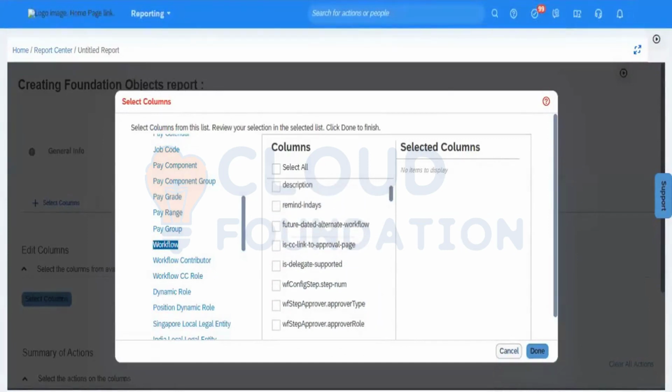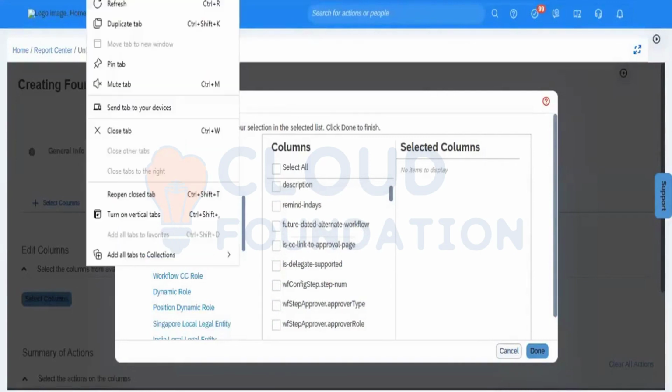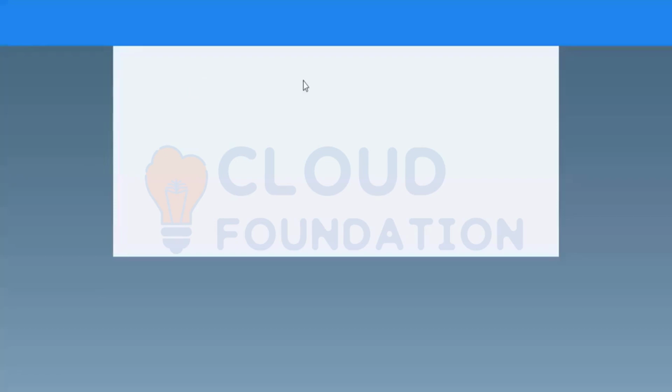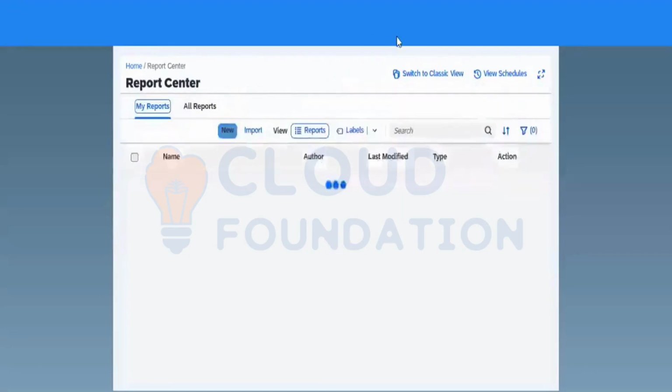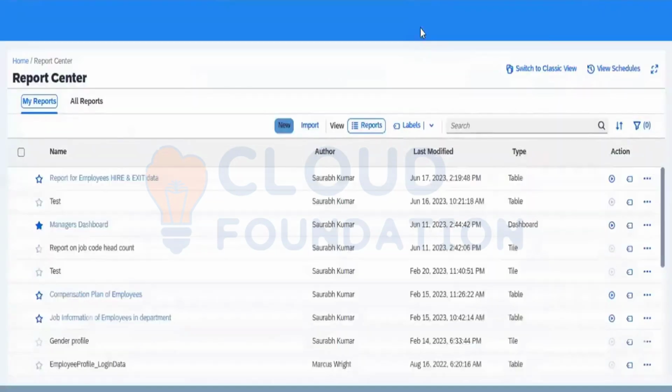But if you go into Manage Workflow, if I go to Manage Workflow Request,